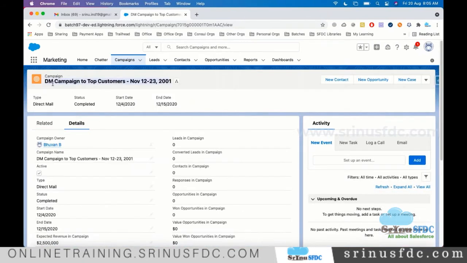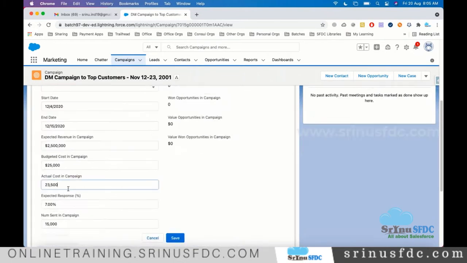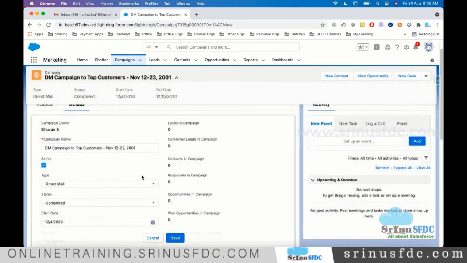In general, they give the name of the campaign, what type of campaign it is, such as direct email or a mail campaign, what the budget is, what the expected revenue is, and how much they spend.